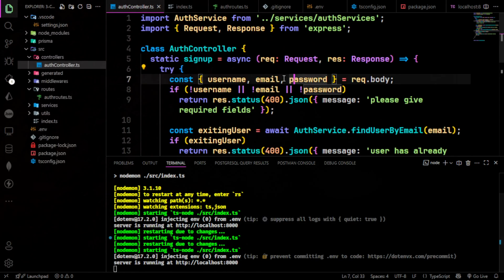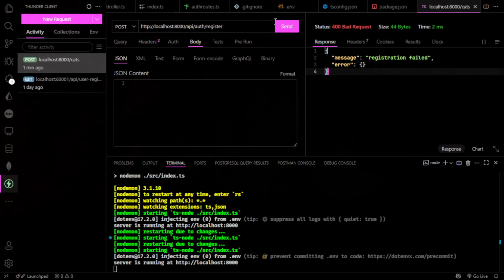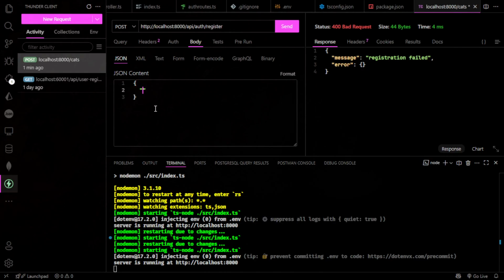So when you hit the endpoint without giving some data, then it will give this error. If it is not giving error, it is giving registration file. Let's give some data. First is a username, I will give hello, and in email I will give hello@gmail.com, and password I will give